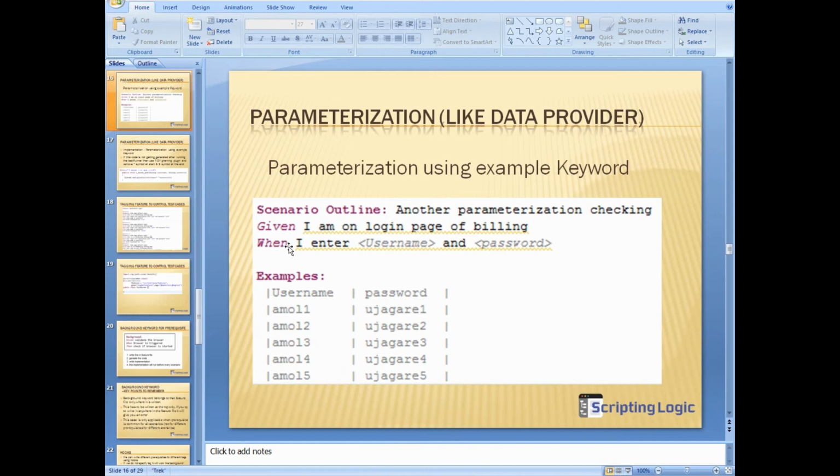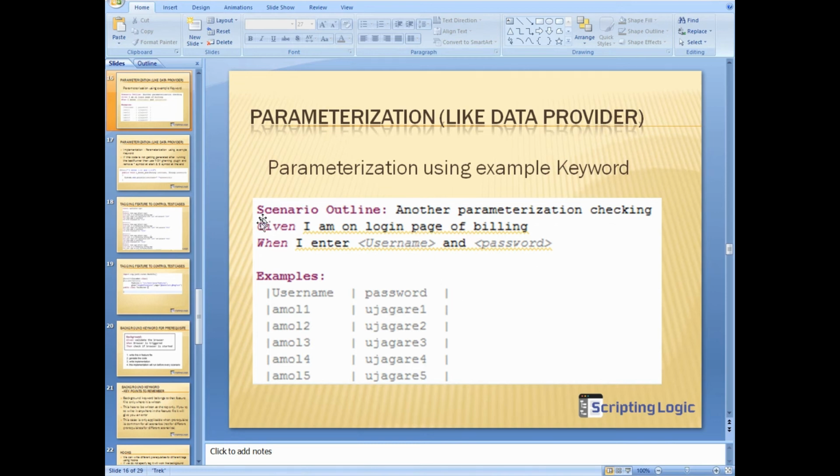And wherever you want parameterization, you put some variable inside this angled bracket, right? And give the same name to the header here, and inside it put the different data. Just like this is one set of data, this is another set of data, like this. And when you run this, the same scenario will run multiple times for these different sets of data. So let's see how it is.